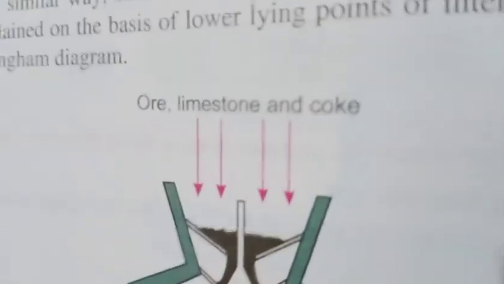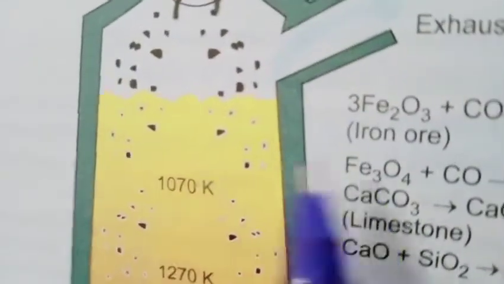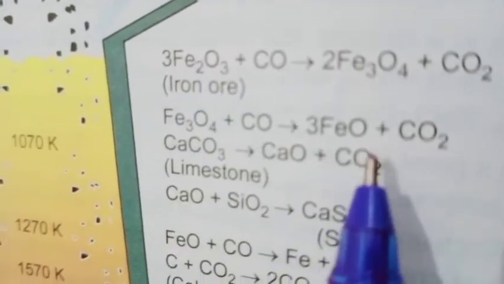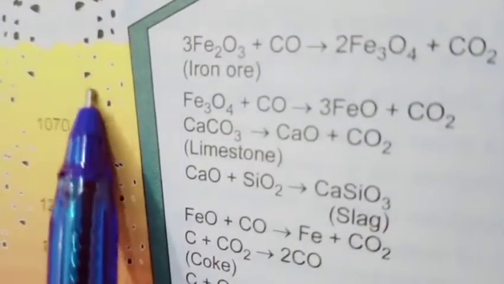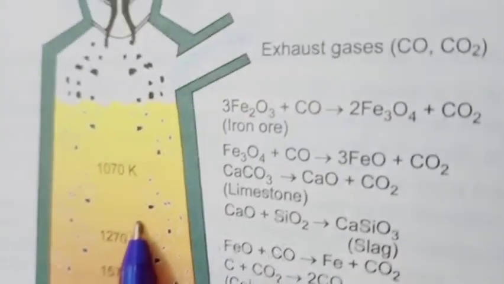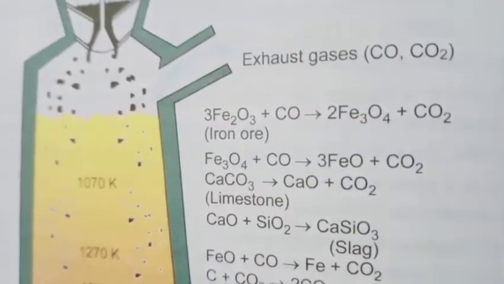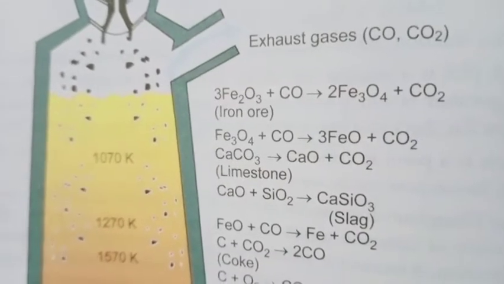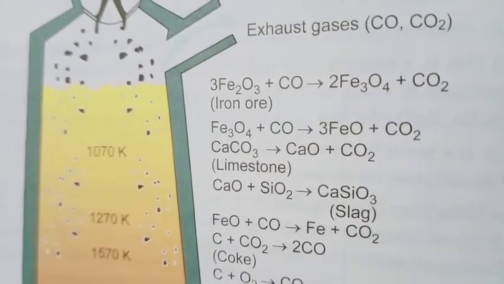And in between temperature 500 to 800 K, the main reducing agent was carbon monoxide, which reduces iron oxide into iron metal. This iron metal trickles down, it gains some impurities of carbon, and hence we get the molten iron, which is called pig iron, and above it we get a molten slag.